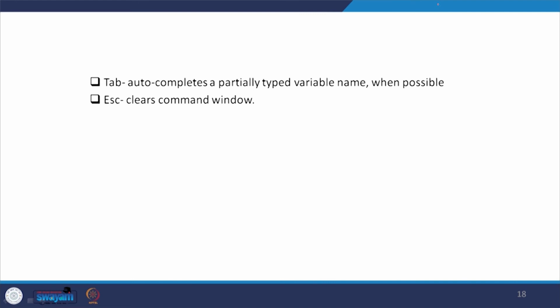Similarly, the tab auto completes a partially typed variable name when possible. Similarly, if you have already entered a wrong command and you want to get rid of it, instead of typing or erasing everything, simply press escape on your keyboard. It will automatically clear it.